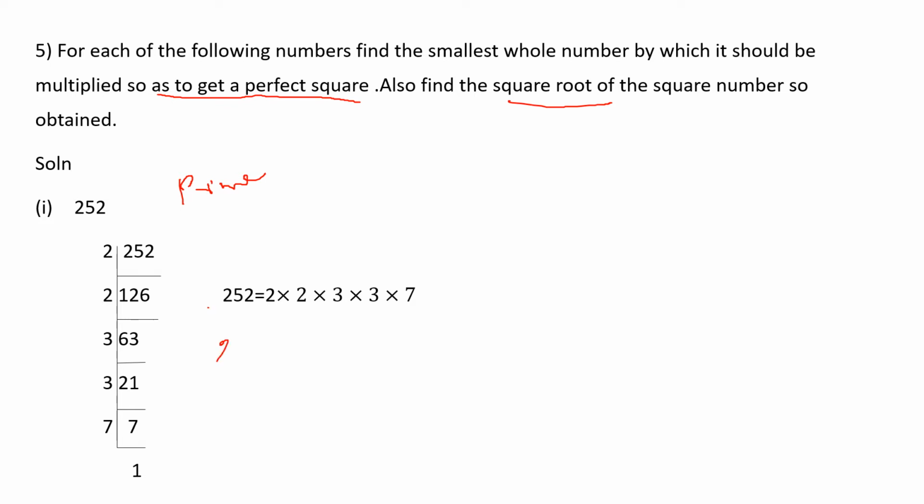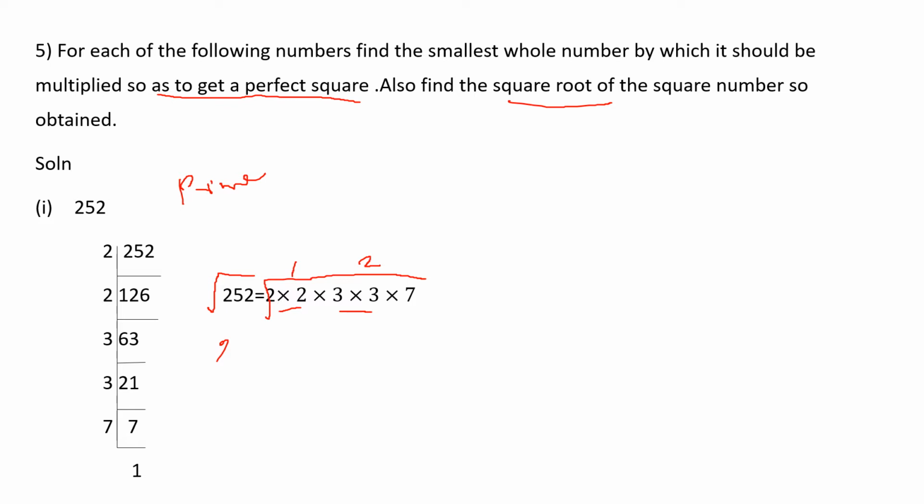If you want, you can directly write this in the square root. Usually, after this step, for a normal problem you will be taking the numbers outside. Here, find the pairs: this is one pair and this is the second pair, so you will take the common number outside, right? But in this question you are not going to do that. In this question they are asking to find the perfect square. So here this 2 into 2 is one pair, and 3 into 3 is the second pair. So this is another pair.